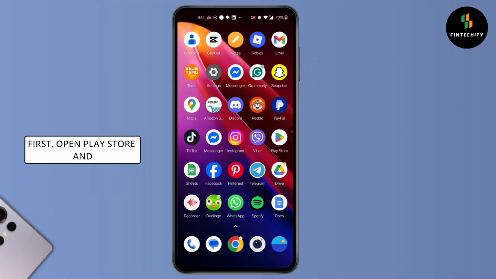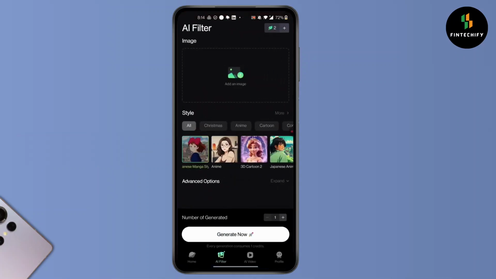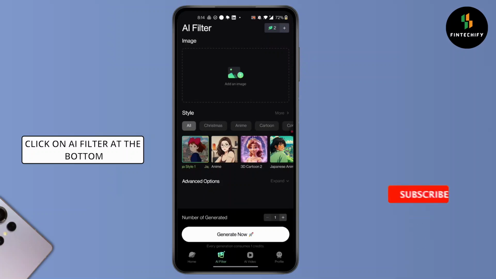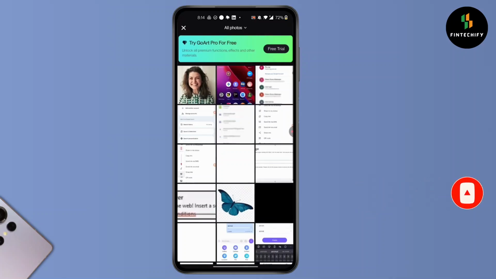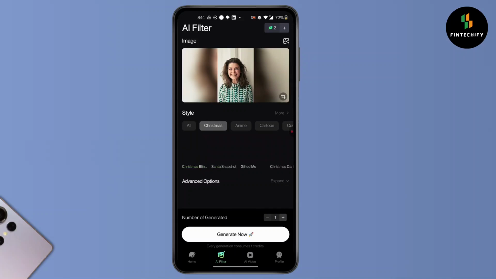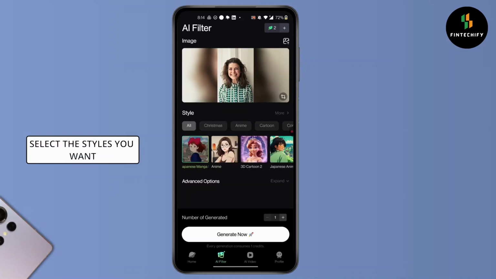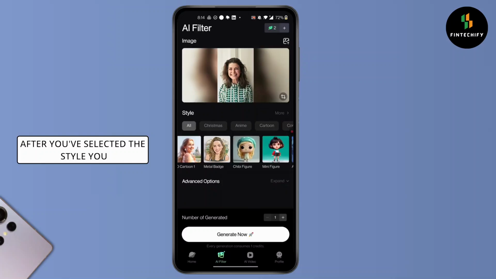First, open Play Store and install the Nano Banana app and open the app. Click on AI filter at the bottom. Then click on add an image. Add the image you want to create, and then at the bottom you'll find styles. Select the styles you want. After you've selected the style you want,